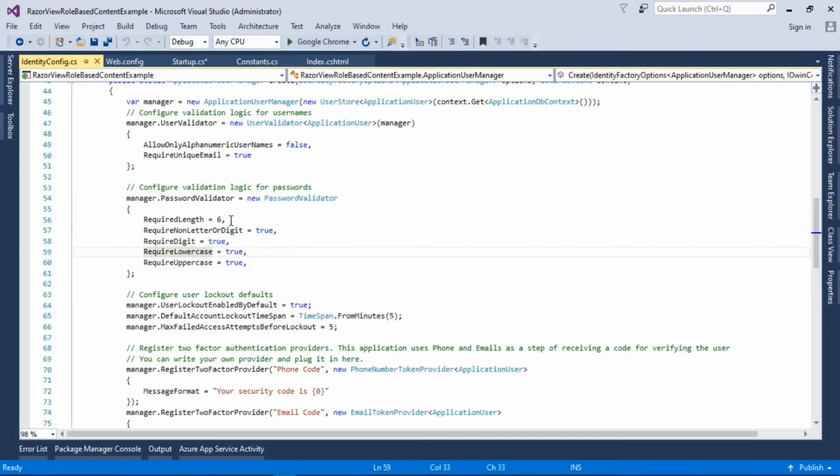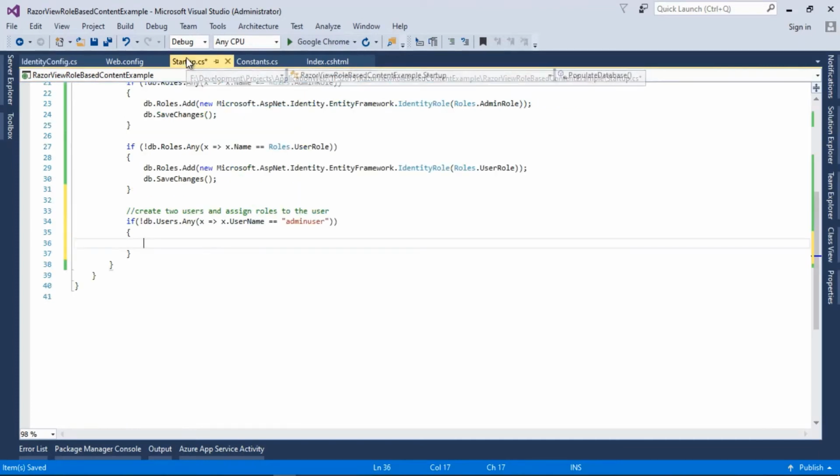First of all I will make all of these false for this example for simplicity, so we can create a simple user without requiring these types of settings, because in this application it is not mandatory to use this complex setting for user creation or anything else. So let's save it and go back to the startup class.